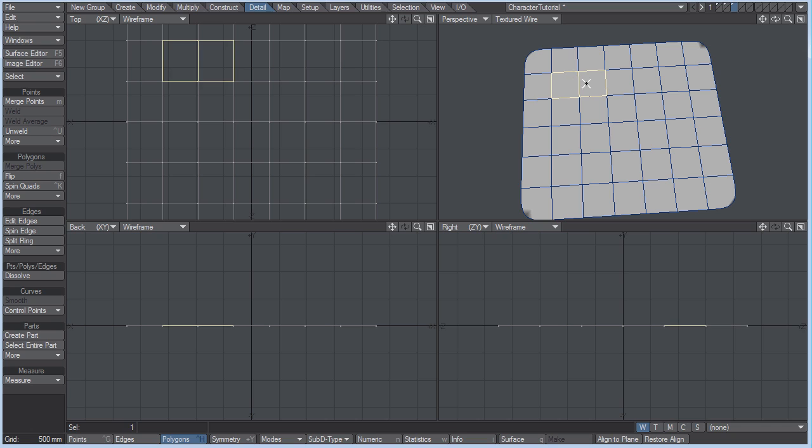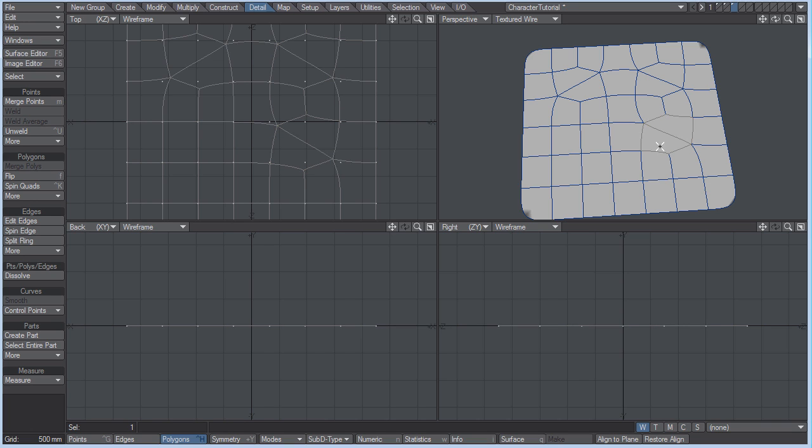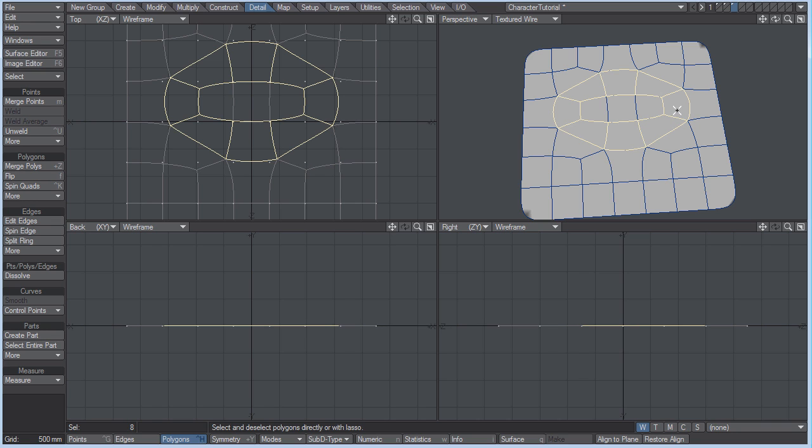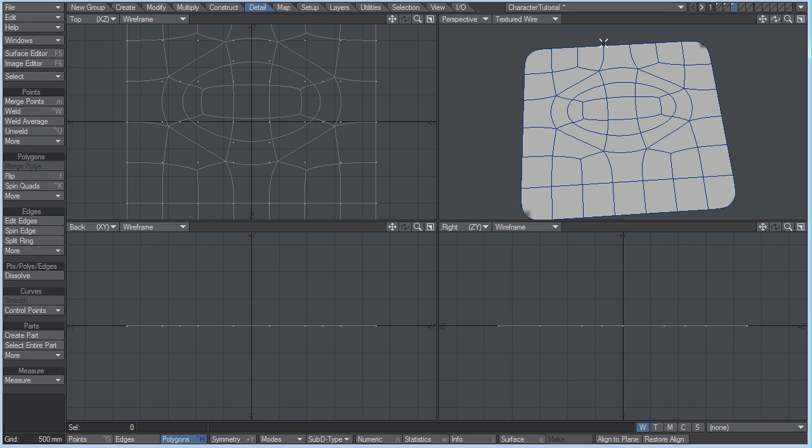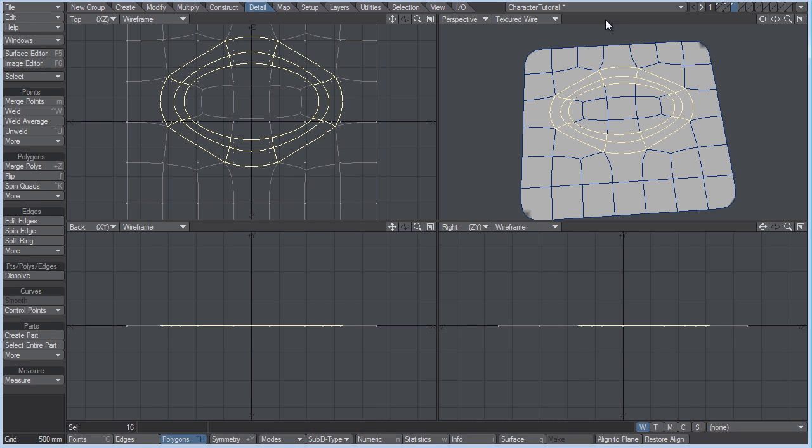So with Sub D mode on, I'm going to select 2 polygons and hit Control K, and Control K here, and right there, and right there. Let me spin those one more time, and those one more time. So now, if I select that loop, then I can hit the L key to add edge loops in between those areas